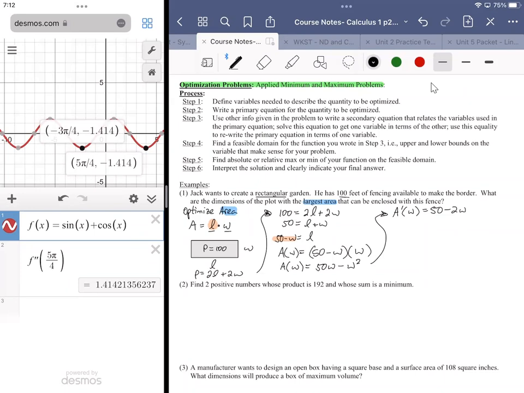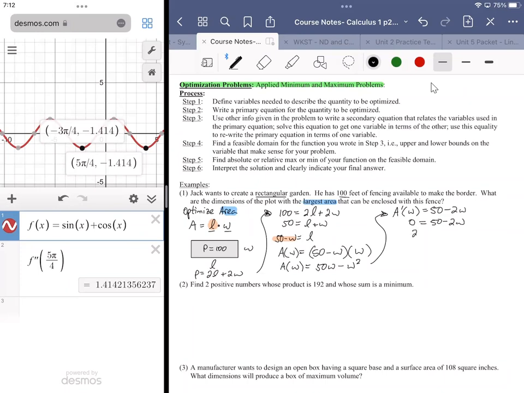The only way I'd have an absolute max or an absolute min is if I was given a restricted domain, or I can infer a restricted domain. That doesn't seem to be the case here, but I can find critical values and then use those critical values to determine extrema. All right, so I would take my first derivative, set it equal to 0,